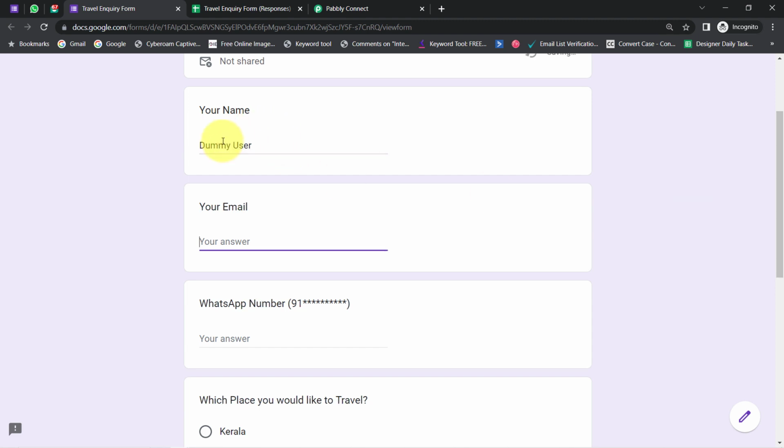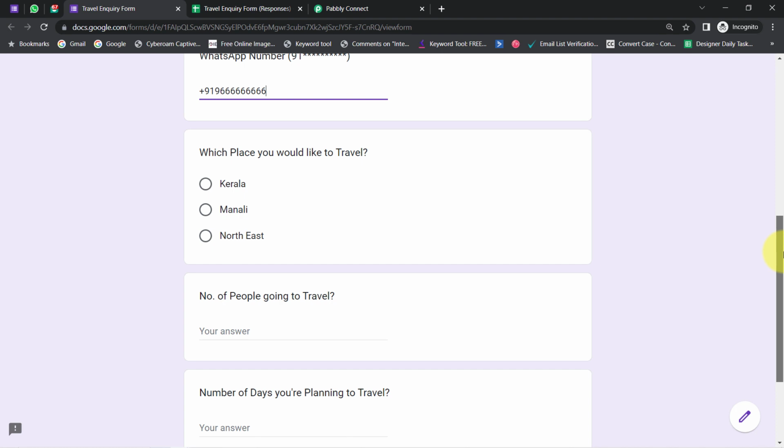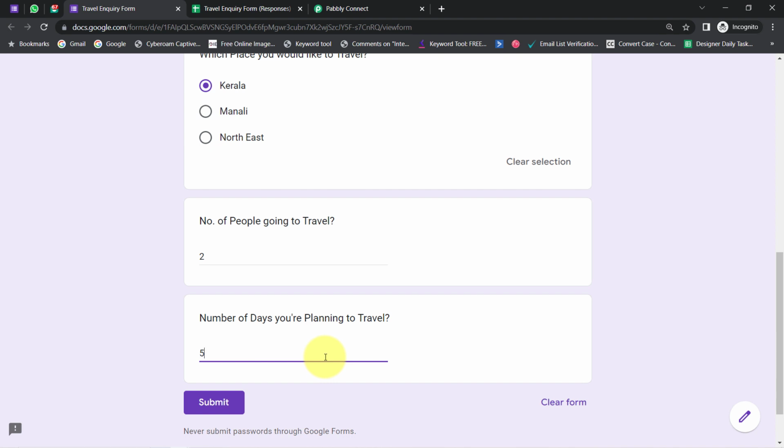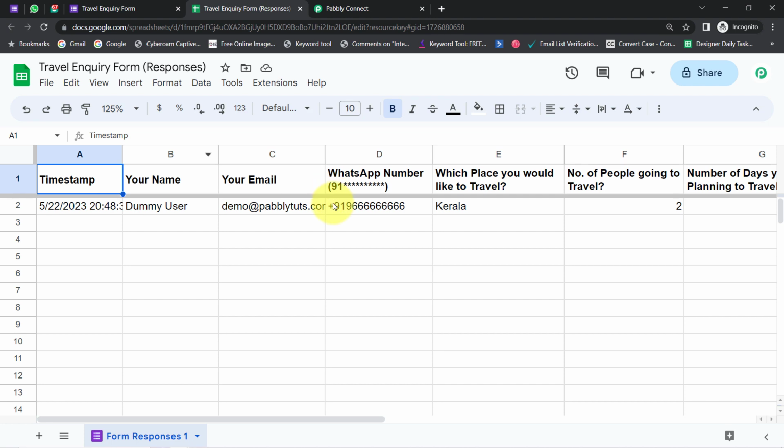Assume that the name of the person is dummy user, the email address is demo@pabblytudes.com, and it's asking for the phone number. Currently I will provide a dummy phone number in front of you, but don't worry, I will replace this number with my genuine WhatsApp number so that I can show you how the messages will get sent to the customers on their WhatsApp number automatically. Currently I am selecting Kerala as the place to travel. The number of people going to travel is 2, and the number of days you are planning to travel is, let's say, 5. Finally I am going to submit this form, and firstly the details will be added into my spreadsheet,